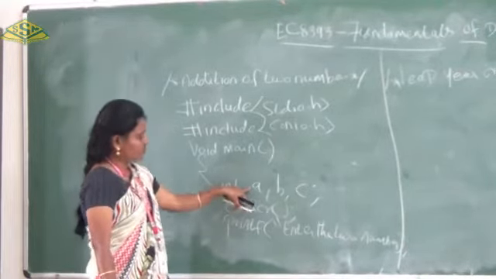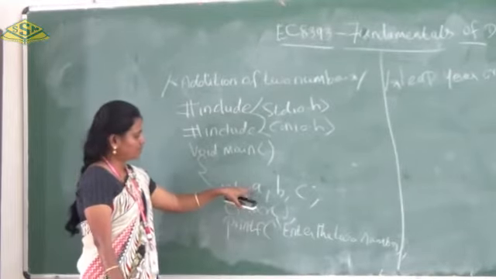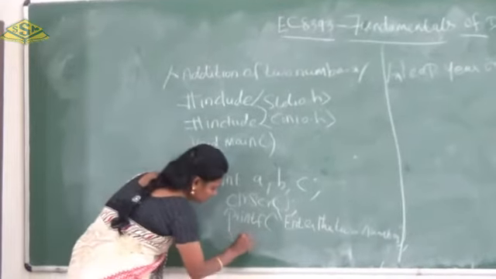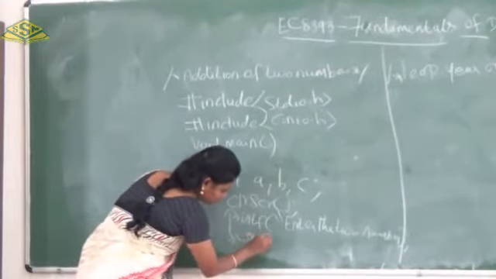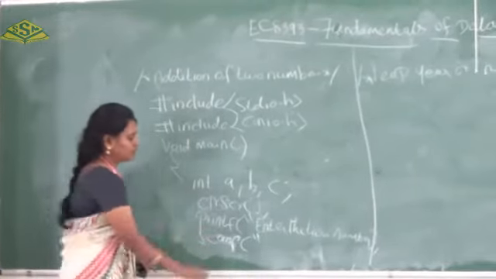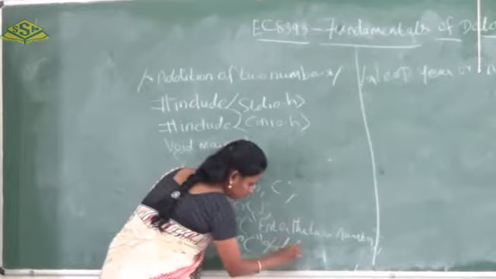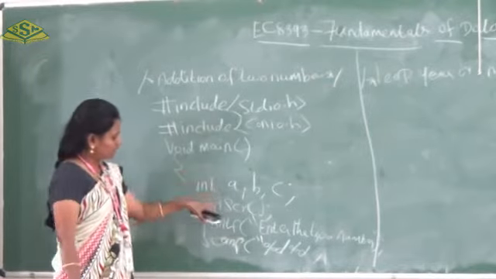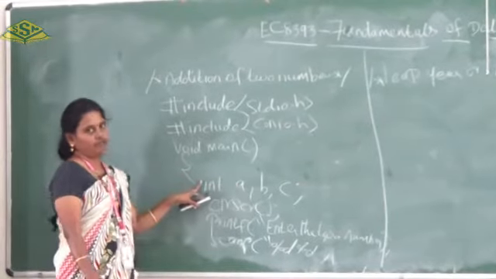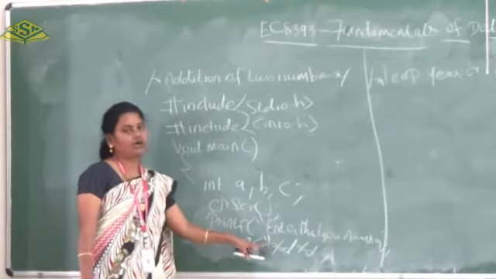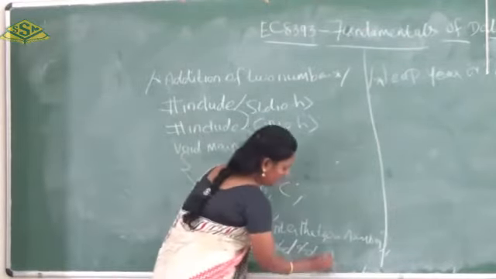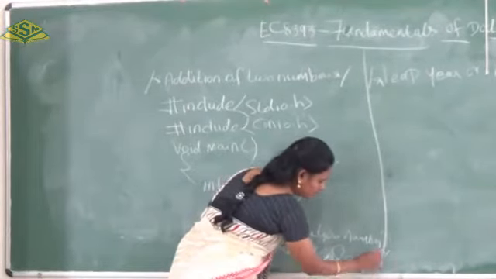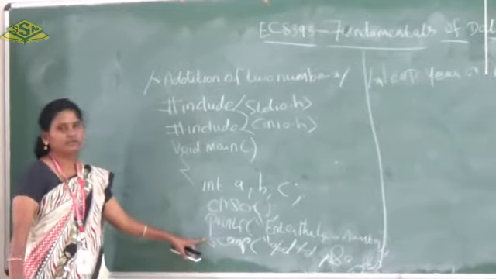Then we have two variables as the input. So here I have taken A and B as the input and C as the output. In this scanf statement, we have to give double %d. This %d is called the control string, because we have declared the variables A, B and C in integer format. So we have to include %d or %i. Since A and B are the input, I have to use &a and &b. The scanf statement should also end with a semicolon.